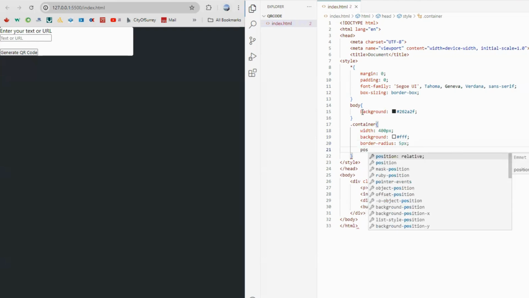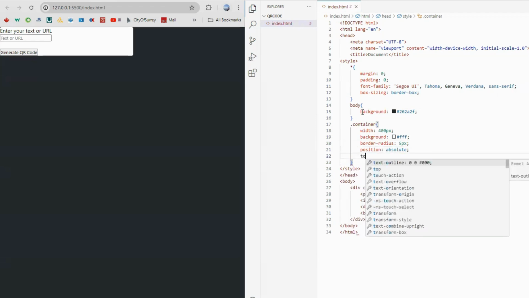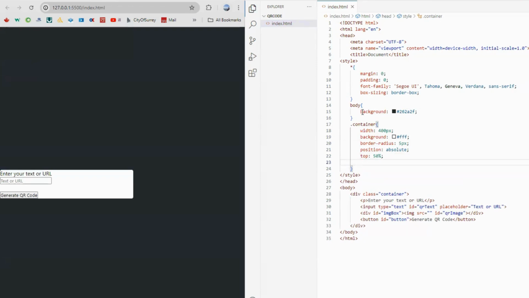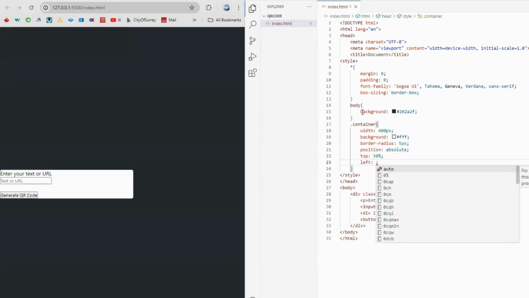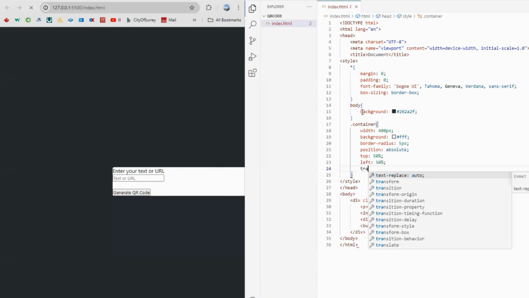Let's set position to absolute, and let's set top to 50%. Let's set left to 50%. And then let's transform this a little bit to keep it in the very center. Okay. Transform,